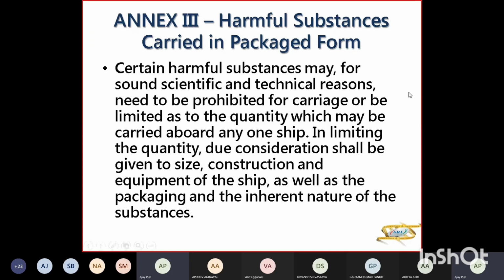Now, certain harmful substances may, for sound scientific and technical reasons, need to be prohibited for carriage, और या तो उनकी क्वांटिटी को लिमिट करना चाहिए। So, in limiting the quantity, उसकी साइज, कंस्ट्रक्शन, इक्विपमेंट, पैकेजिंग, वैल्यू, सपोज टेम्परेचर कंट्रोल में ले जा रहे हैं तो वो सब कुछ होनी चाहिए एज पर NX3।